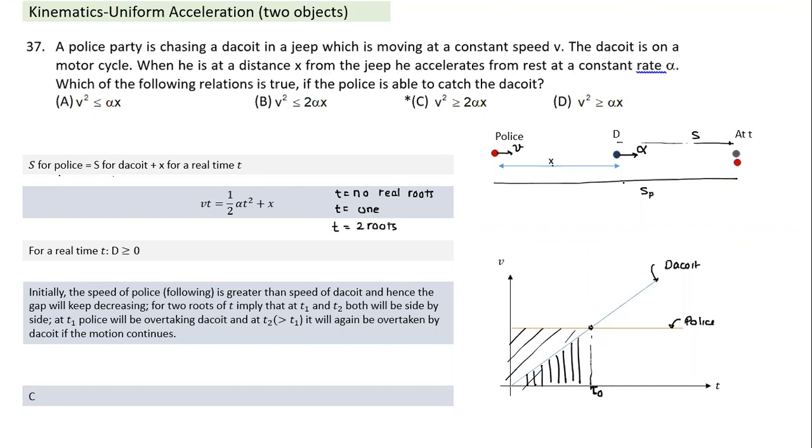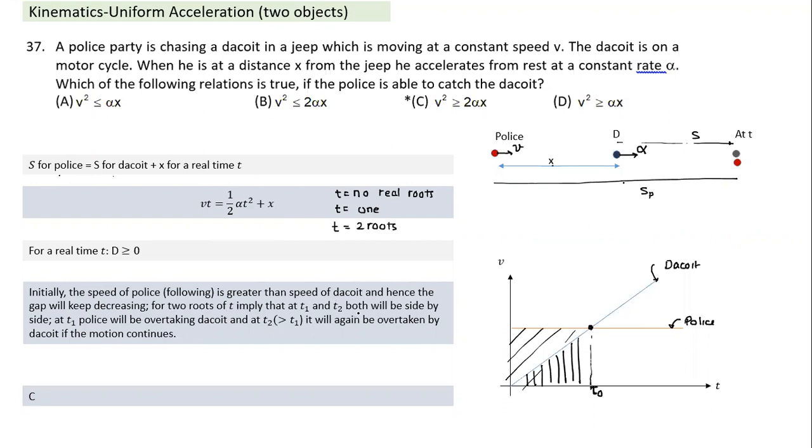See, actually, it will not be minimum here. It need not necessarily be minimum. Let me explain the other way around. From this equation, suppose I get two different roots. What do two different roots indicate? If I get two roots, what do two roots imply? So there are two values of time, T1 and T2, when both are side by side.